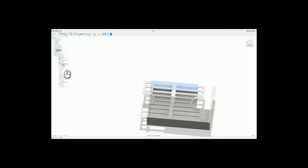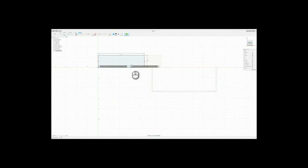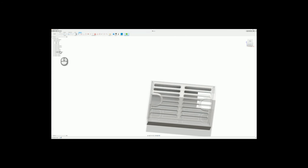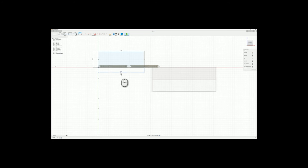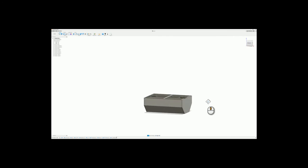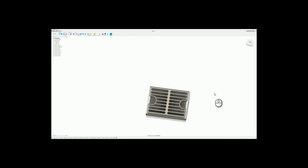Make this one 15. Now this is where if you were to just use the new ones, this would just automatically get all of them, but because I'm going to be doing some things to some of these, that doesn't make sense. And on a big part like this, that's not a big deal. When you get to the real stuff, you need to have better planning. And that looks good. So now we need to